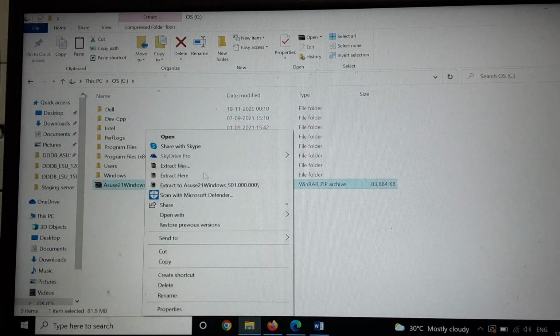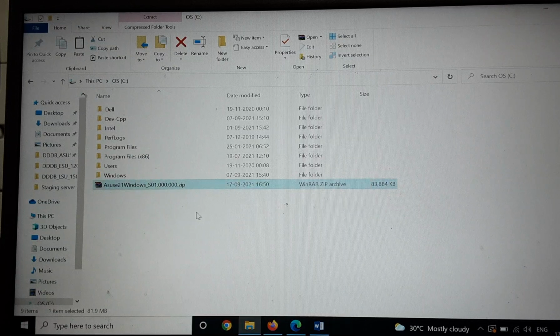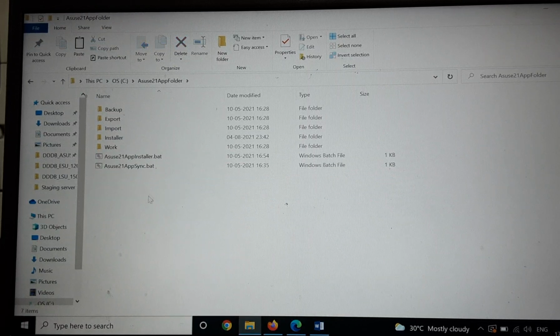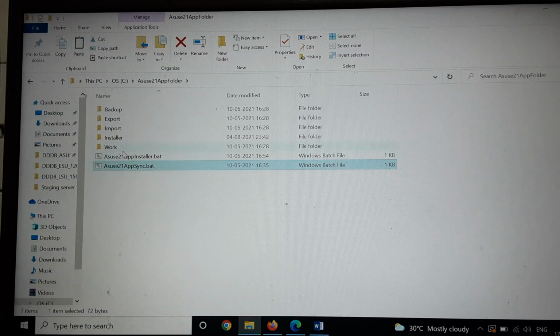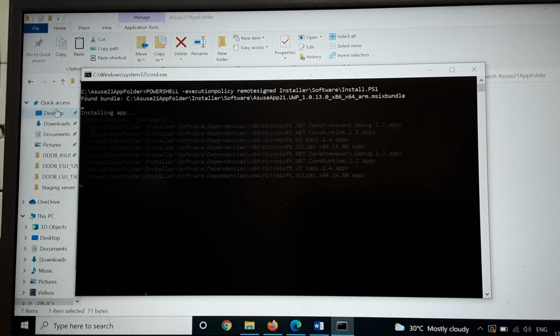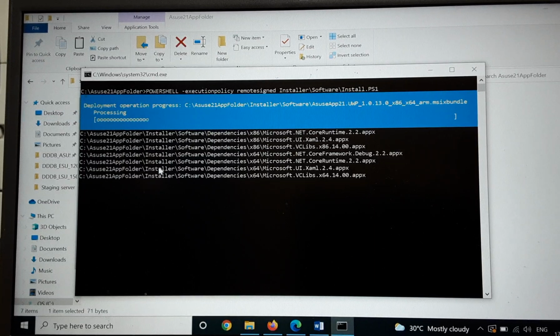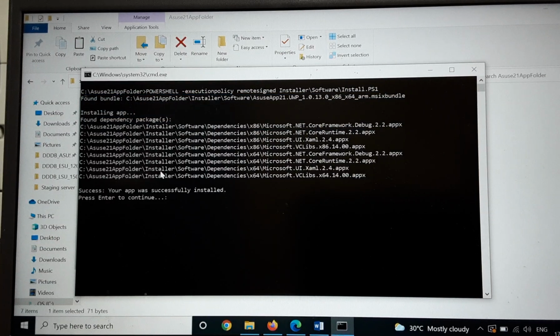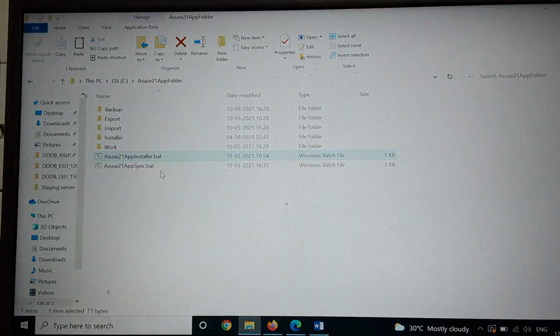Extract this folder here. Open this folder. Now we can see that there are several folders under this master folder. Now click on this batch file for installation of desktop version. Okay, run. So you can see that the application is getting installed in our machine. Press enter to continue.